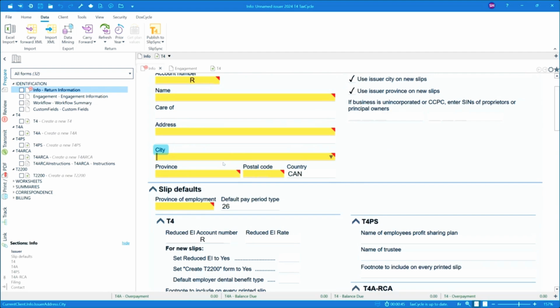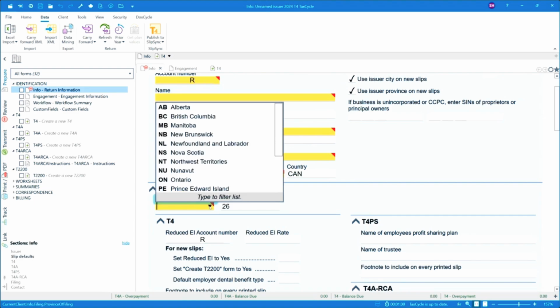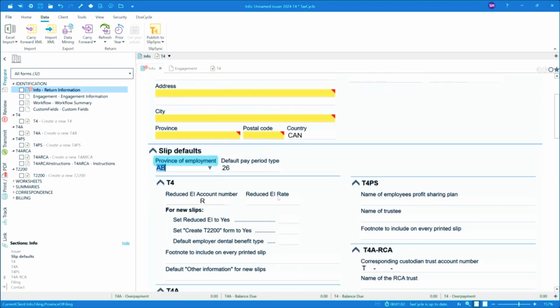It is not a global option like we talked about earlier. It is only specific to this file. We're going to need to set the province of employment. So if the majority of my employees are in Calgary, I'm going to want to set this to Alberta. So let's go ahead and do that. And then